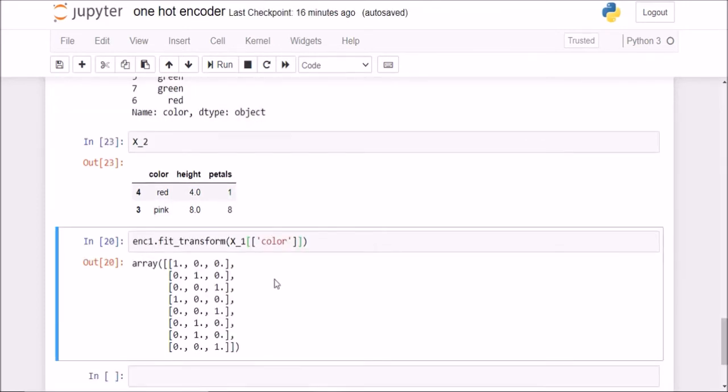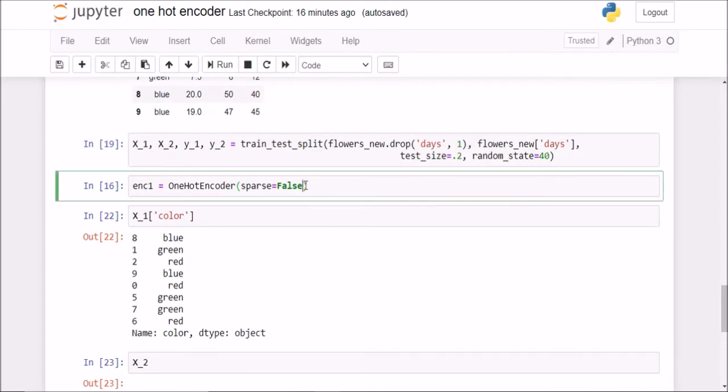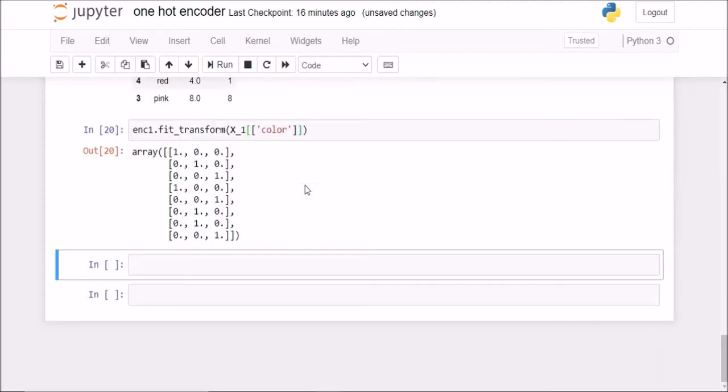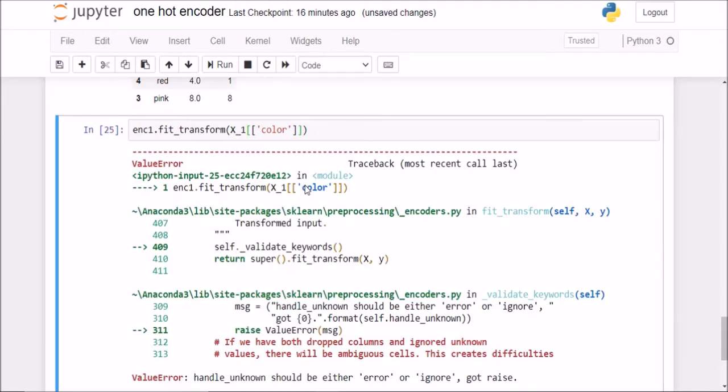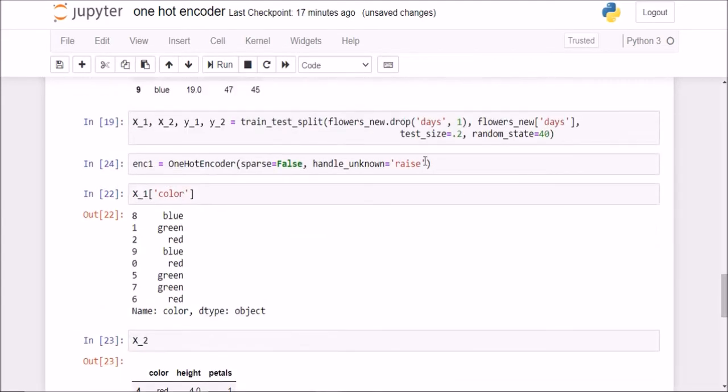So what one hot encoder does is, if I check what would happen now, for that to happen, I first have to specify another parameter, which is handle_unknown equal to, I can either say ignore or the default one is raise. Okay, so default one is raise. So if this is the default one, now if I fit my encoder here, it will tell me handle_unknown. Okay, it is not raise, it is basically error, the parameter.